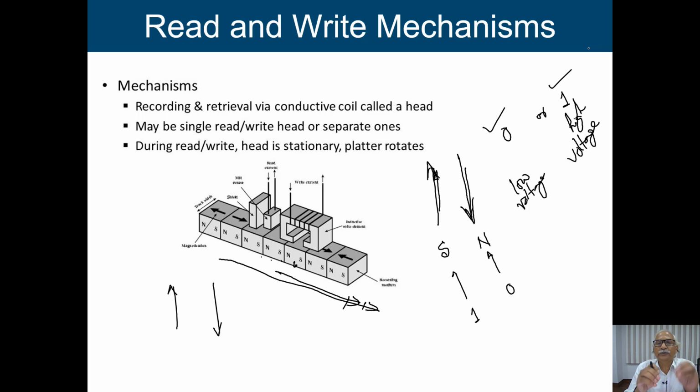This is the way basically we are going to store it. While storing, we are giving electrical current. That electrical current will be used to magnetize the surface, and depending on the polarity of the magnetism, we are going to store the information. So during read, what will happen? Those magnetized surfaces will move beneath the head. Depending on the polarity of the magnetism, it produces current in two different directions. Now depending on the direction of the current, we are going to interpret it as either 0 or 1.